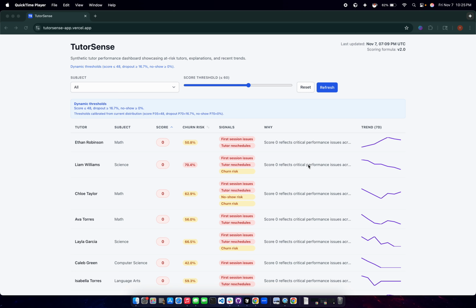Demoing TutorSense. TutorSense is an automated tutor quality scoring system that helps educational platforms identify at-risk tutors, predict churn, and provide actionable coaching recommendations. It processes session data, calculates performance scores, and uses AI to generate personalized explanations for why